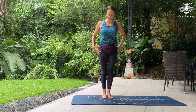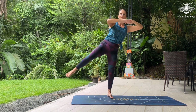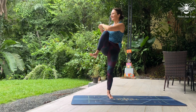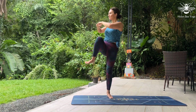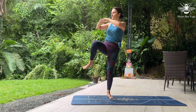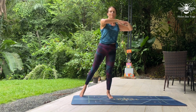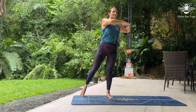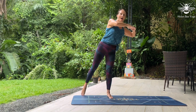And release. Well done. Ground into the right foot, extend the left leg out to the side, and this time we'll bring opposite elbow to the knee. Working through a twist here, grounding into that right foot again, rotating around the spine, knee to elbow as best you can, making sure you're not tensing the jaw,